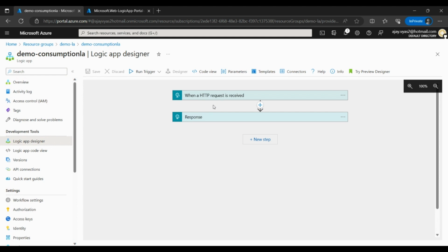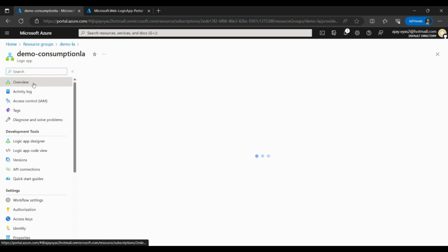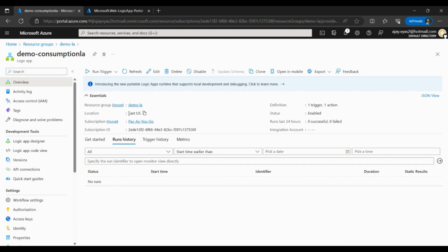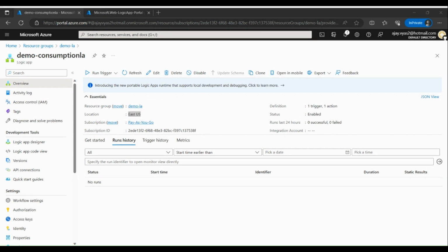So definitely it is storing somewhere, right? It is storing in the region where we have deployed this logic app, so it replicates the data corresponding to that region. For example, this logic app is deployed in the East US region, so the data will be replicated in its corresponding pair region for a consumption based multi-tenant logic app. Now,